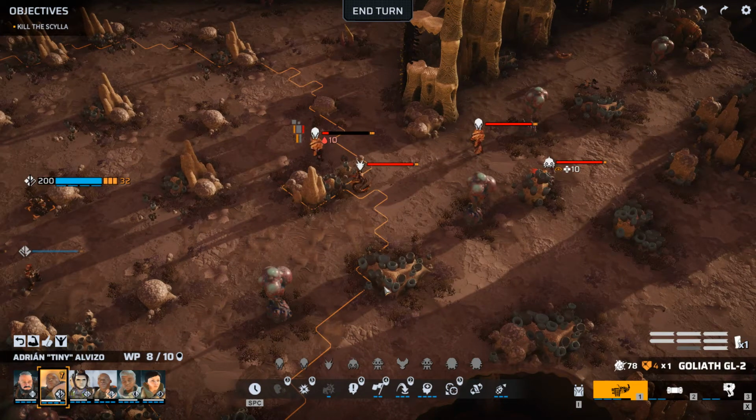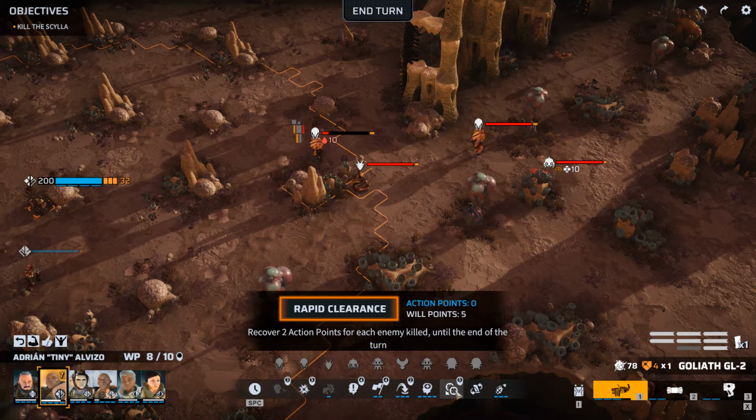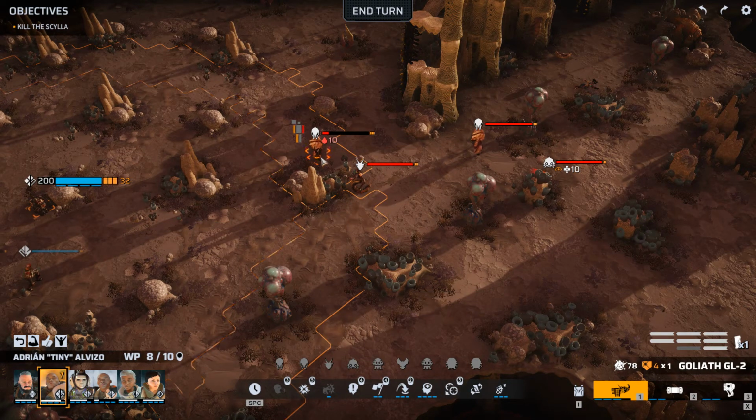So I'm wondering, do I rapid clearance first? I'm just wondering if we could maybe stack up more damage here, because the first grenade shot is going to kill that guy, right? Boom Blast lets me get 2. Rapid Clearance probably lets me get 2. If I Rapid Clearance and then Boom Blast...